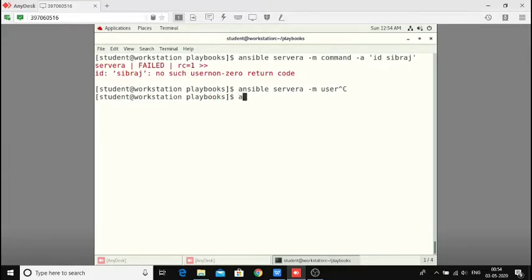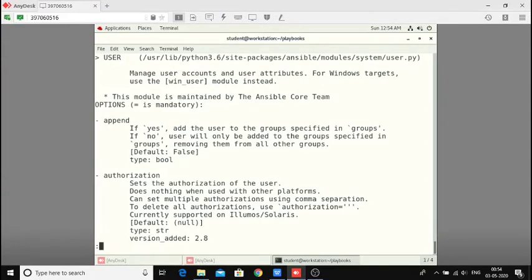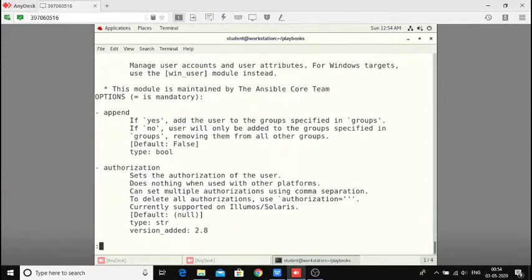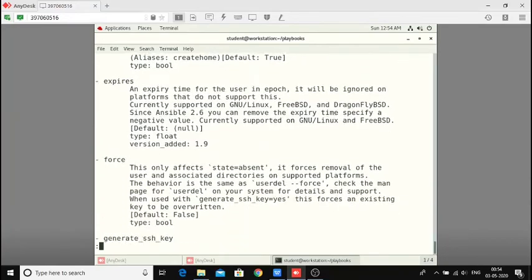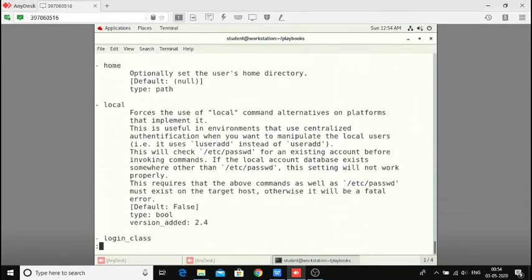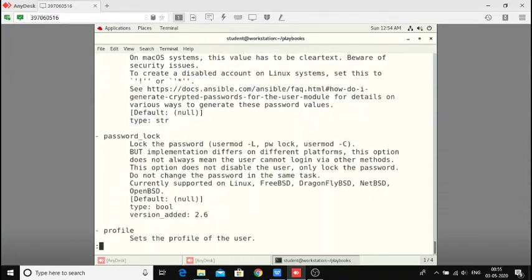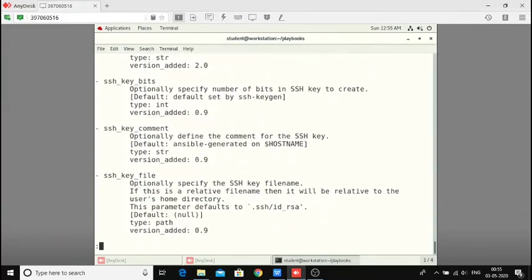If you don't know exactly what the user module is doing, you can simply run ansible-doc on your controller, followed by the name of the module. It will show you what the module does, all the options, and even some examples.